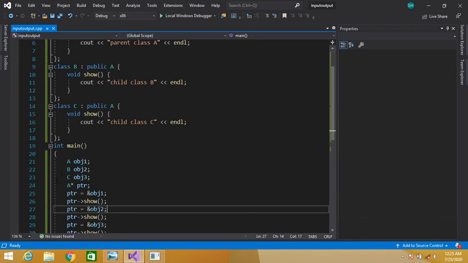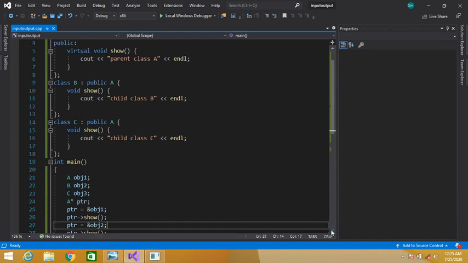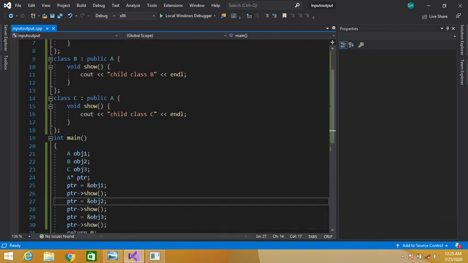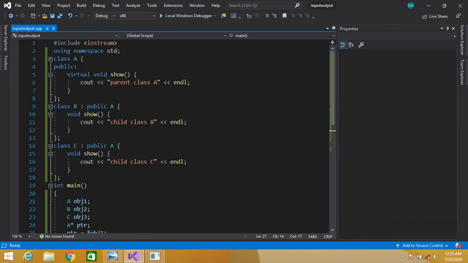So we have created the objects of our three classes, then we have the pointer type. So ptr contains the address of the first object. So our parent class function show is called, that is class A. And similarly the second time, this second function gets called, class B show, and the third time this third show function gets called that belongs to our class C. We have overridden the definition of this function in our child classes due to this virtual function.